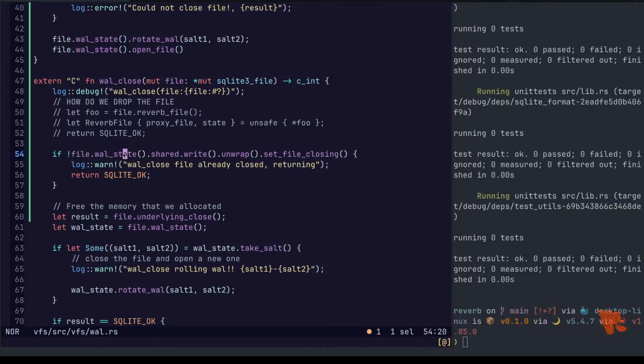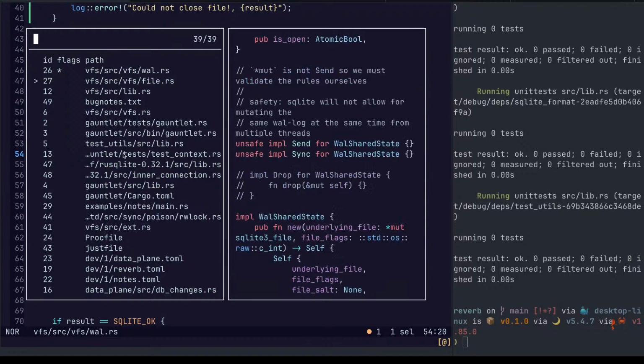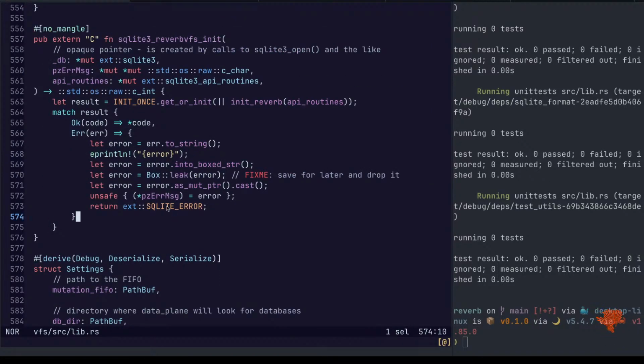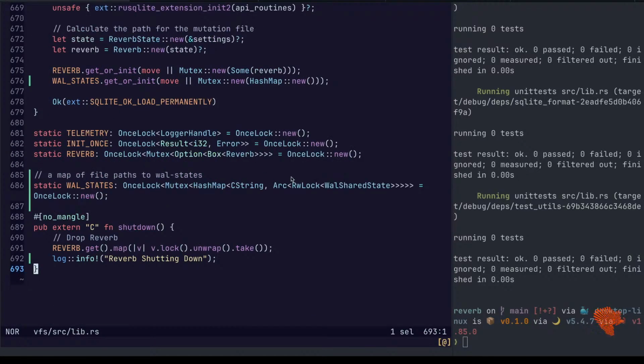Now, there's also another bug that goes along with that. Because I have an arg in a hash map, we would never get rid of it.